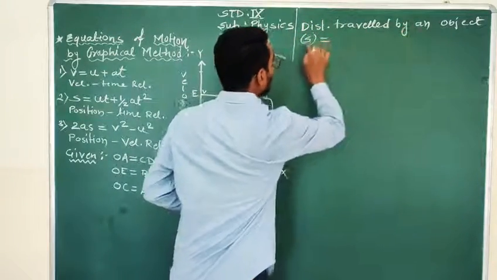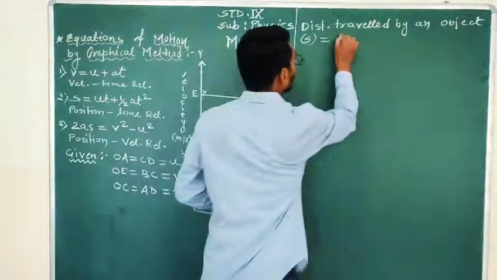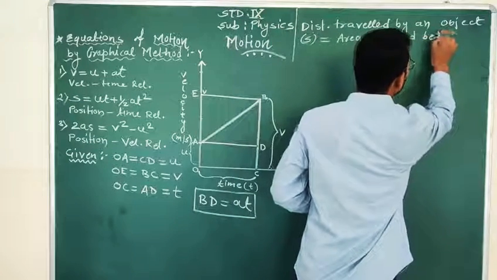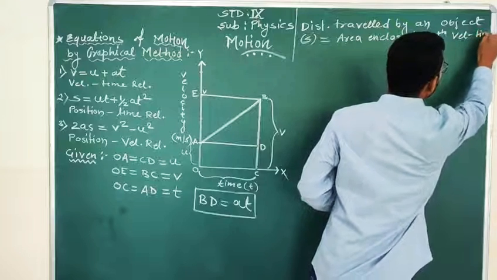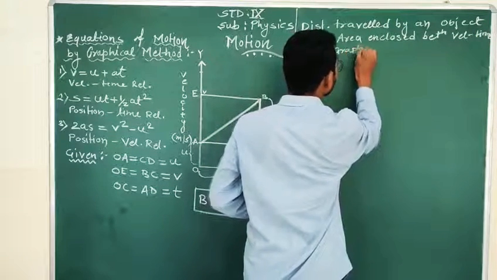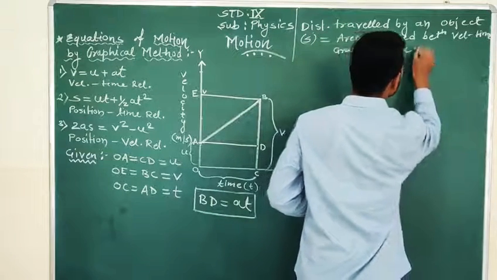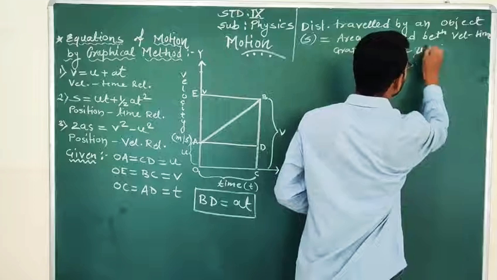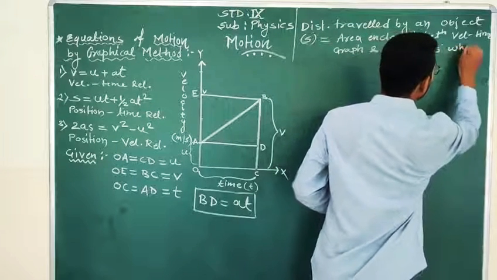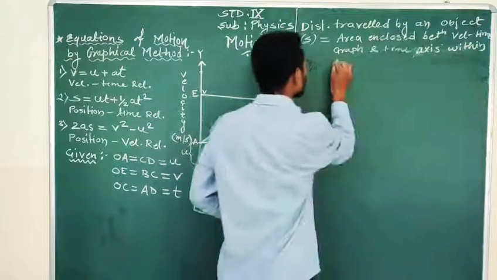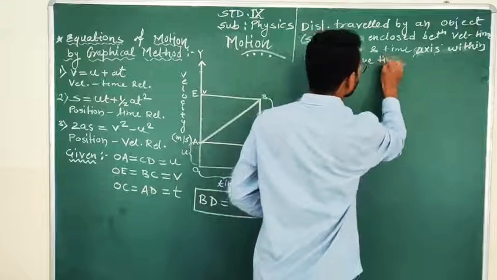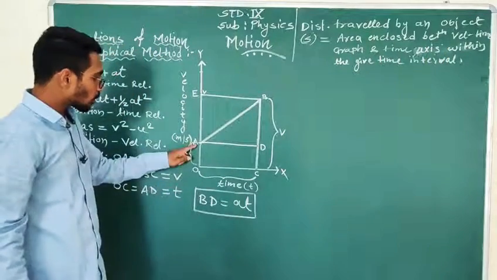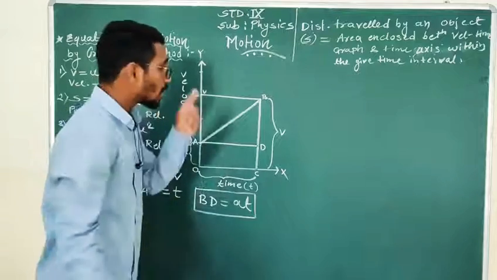Distance traveled by an object, small s, is nothing but area enclosed between velocity time graph and time axis within the given time interval. अगर मुझे इस ऑब्जेक्ट ने कितना डिस्टेंस ट्रैवल किया ये कैलकुलेट करना है, so I have to calculate the